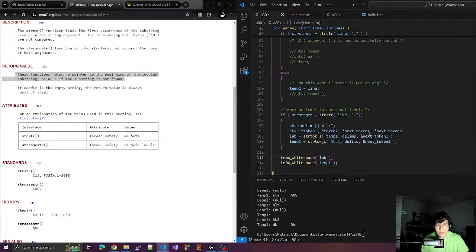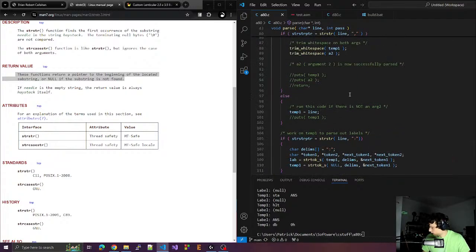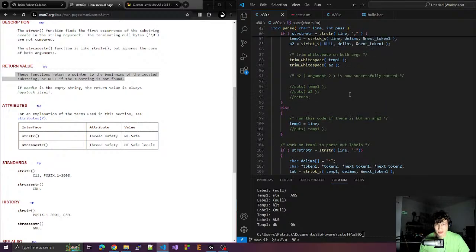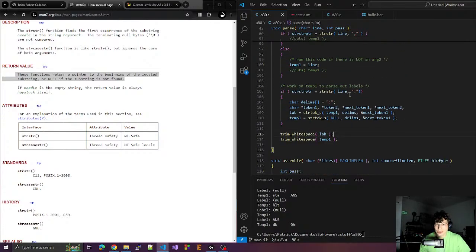Okay. For those just joining, I'm writing an 8080 assembler in C. This isn't like an assignment or anything. This is just purely for fun and for education. And I've never written an assembler before, or at least nothing worth its salt. So I'm pretty stoked about this. It's actually coming along pretty well. Anyway, so now